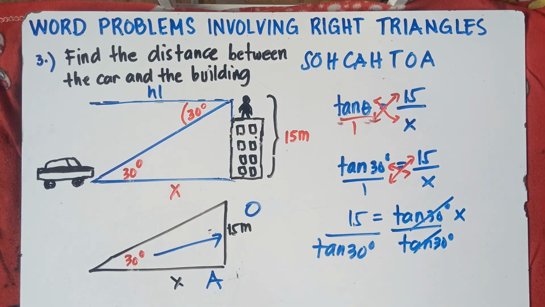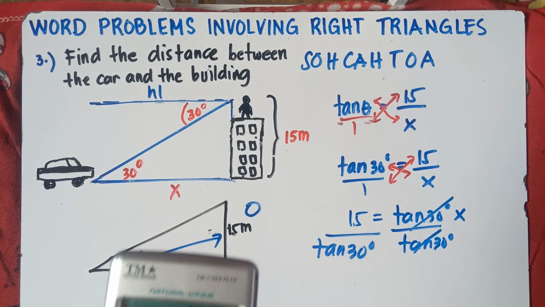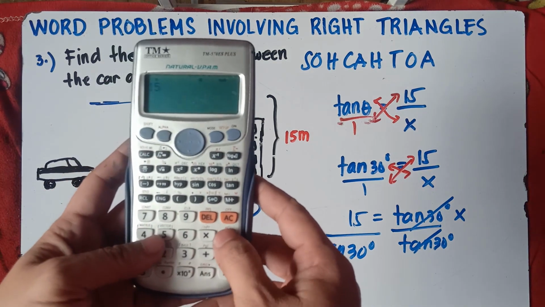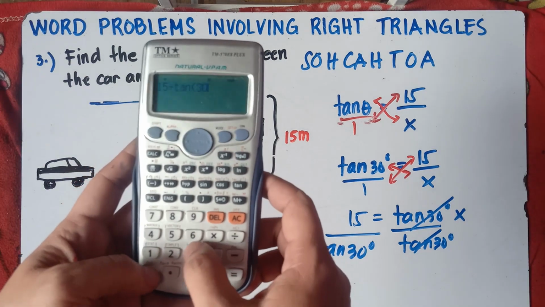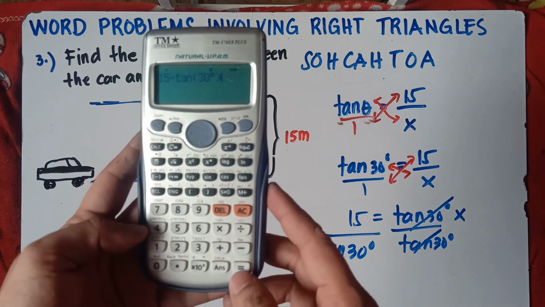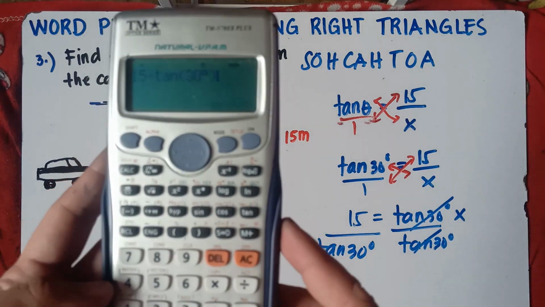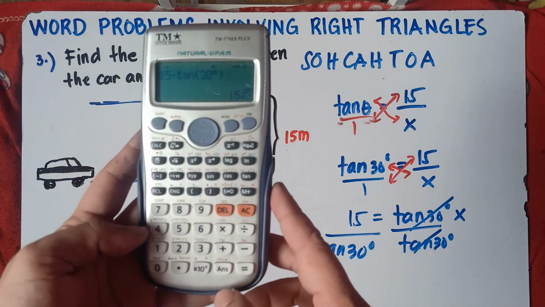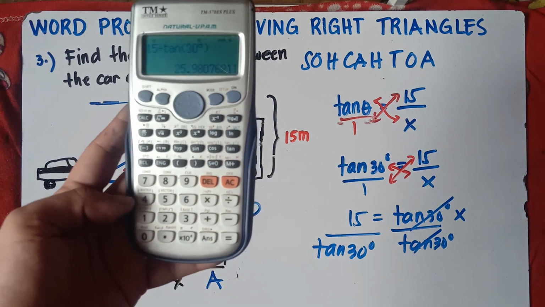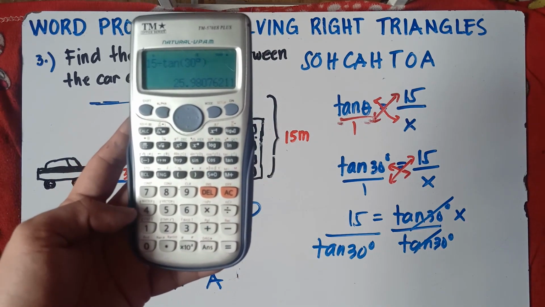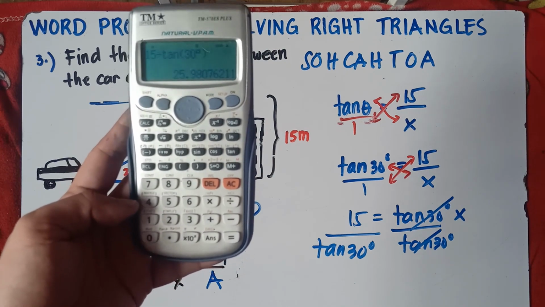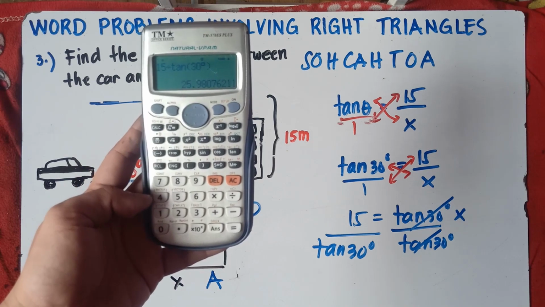And simply use your calculator, class. Alright, so 15 divided by tangent 30 degrees, close parenthesis. So 15 divided by tangent 30 degrees, so I hope you see this one, class, equals sign. You will have 15 square root of 3, you press SD, standard to decimal. So you will have 25.98. After 8, there is 0. So this will be 25.980.